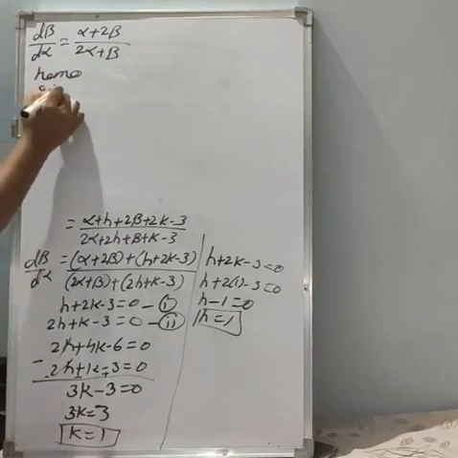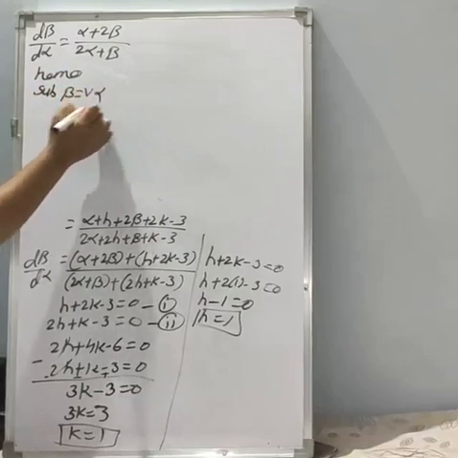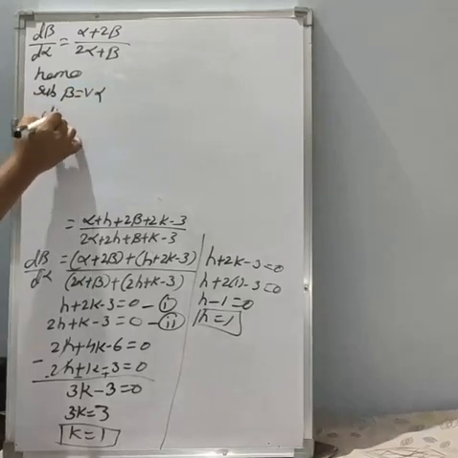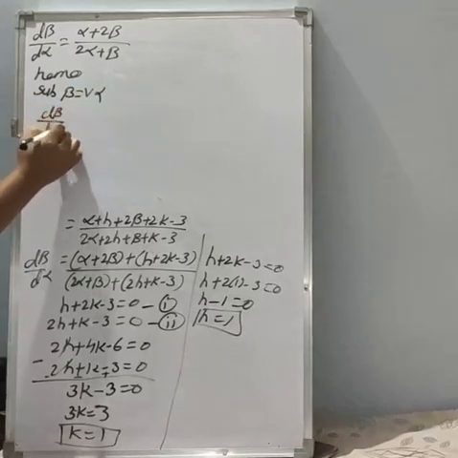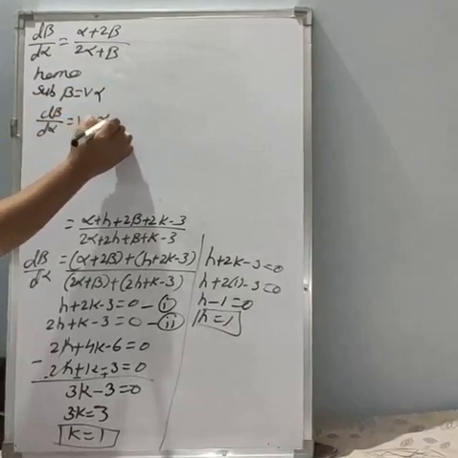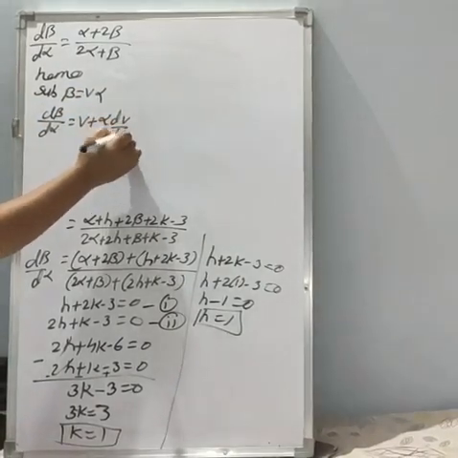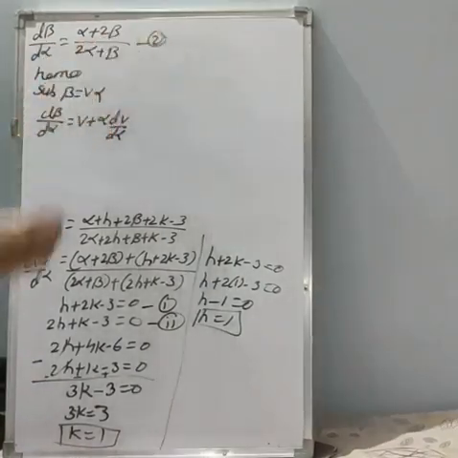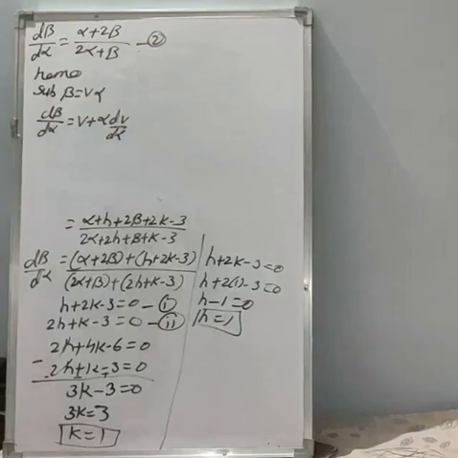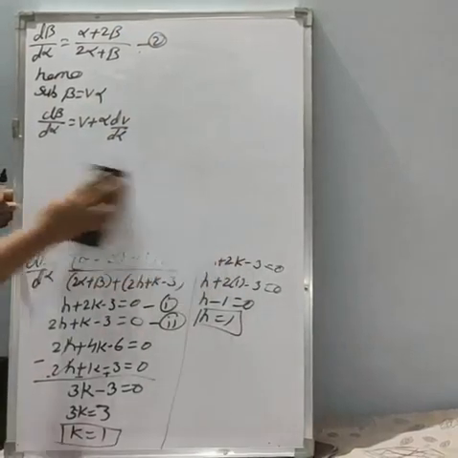Substitute beta is equal to v alpha, and d beta by d alpha is equal to v plus alpha into dv by d alpha. Call this equation number 2. Substitute these two values in equation 2. We will get,